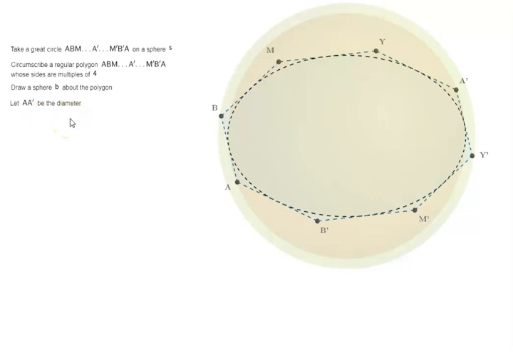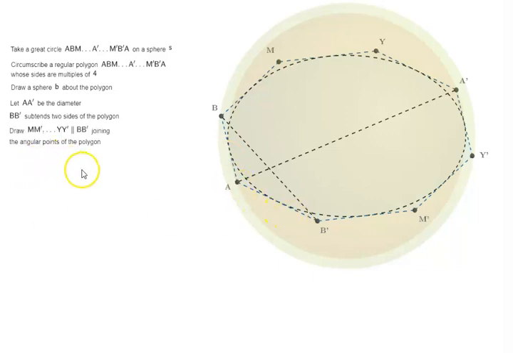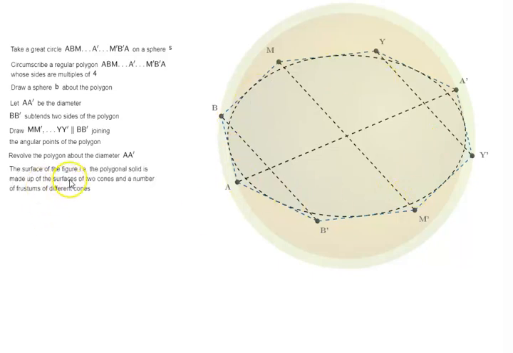Let A prime be the diameter. B prime subtends two sides of the polygon. Now draw M prime, Y prime parallel to B prime. Revolve the polygon about the diameter A prime. So when we revolve the polygon, we get a polygonal solid formed by the revolution of this polygon. The surface of the figure, that is the polygonal solid, is made up of surfaces of two cones and a